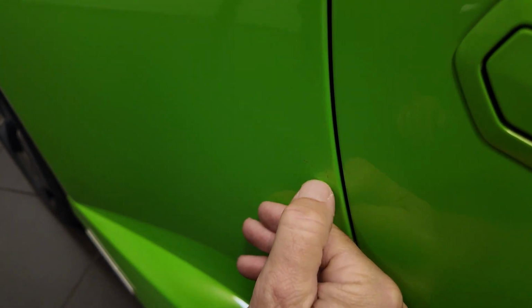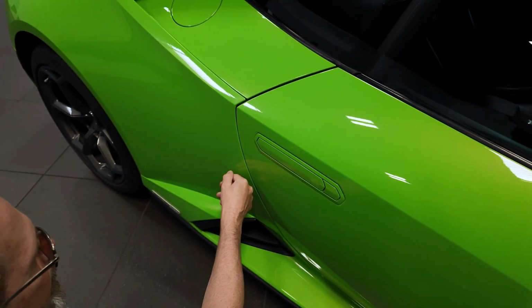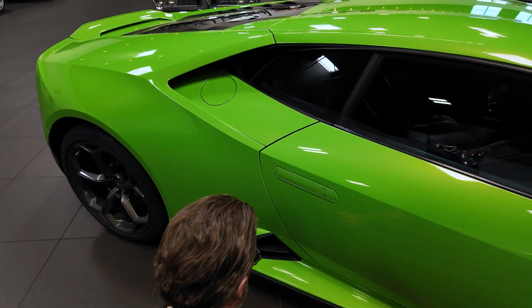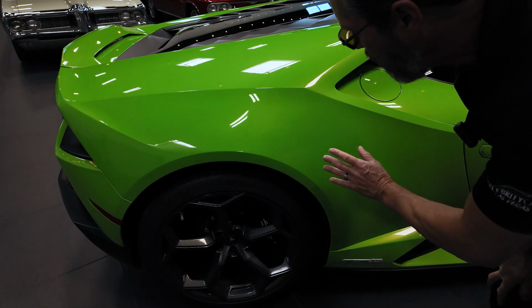Is that goo? That's just goo too. See that? Folks, I'm sorry. I kind of looked over this car, but when you really get close to it, you really start to see other things. But that's just goo. I thought it was a scratch. It's not. All along here,